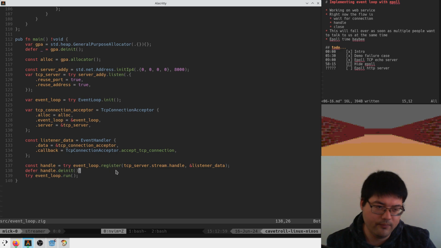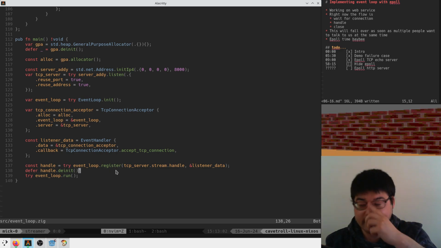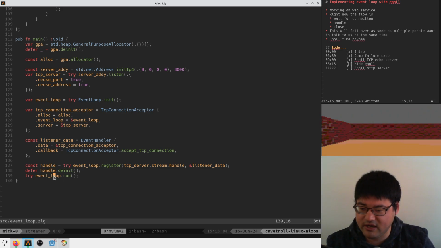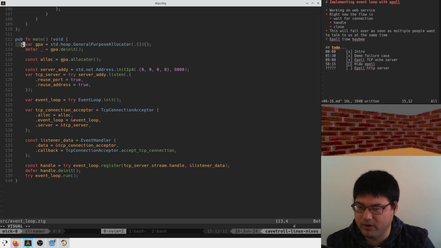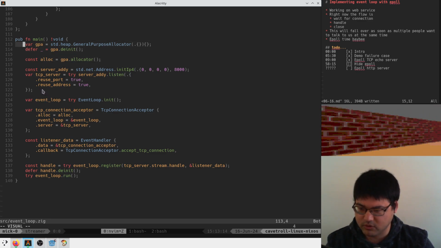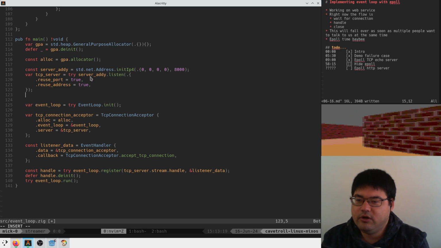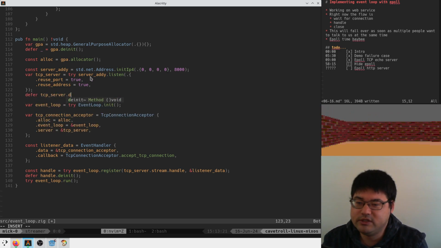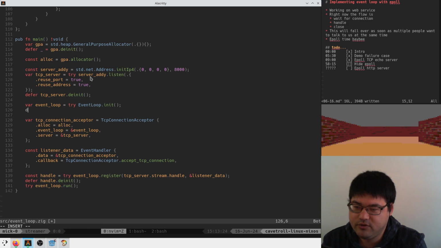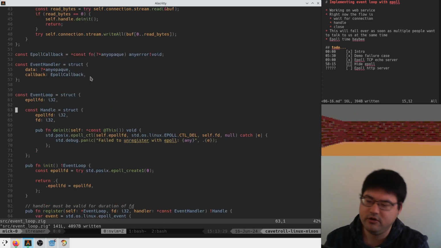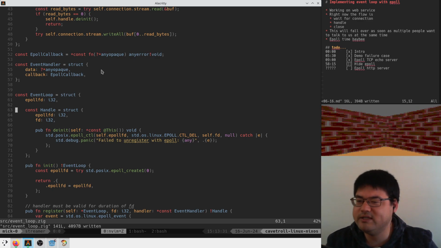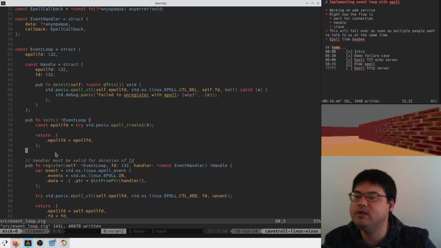Okay, so I think what I want to do here is make an exit condition. Because if we have an exit condition, then we can test, we can see what we are not freeing. We can run this under Valgrind, make sure we're closing all of our TCP connections properly and stuff. So here we need to deinit this guy. Here we probably need to deinit. This guy has no deinit, which is surprising. No surprise, no deinit on our event loop. I guess all it is is an Epoll file descriptor. So we do need some sort of